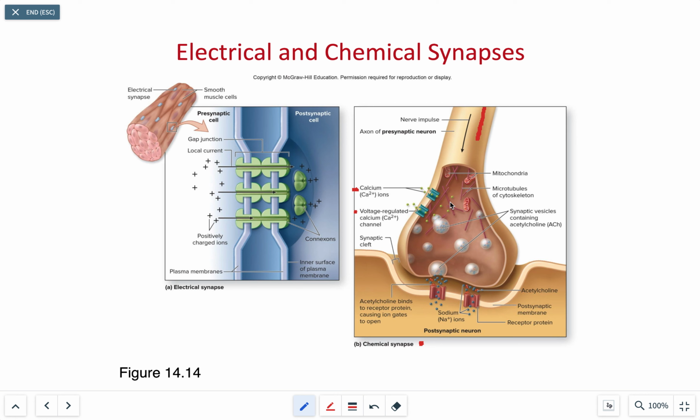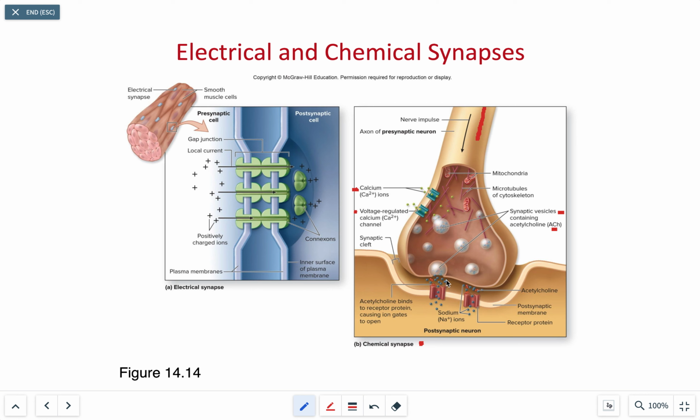Once we see the calcium coming into the synaptic knob, this will then trigger the synaptic vesicles to move distally towards the plasma membrane of the synaptic knob, and it will allow the neurotransmitter acetylcholine to diffuse